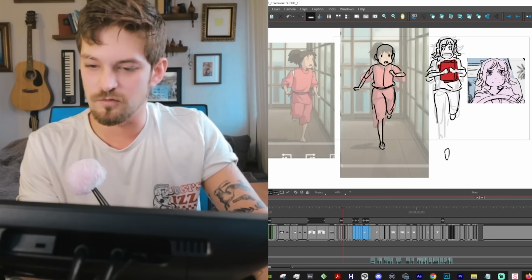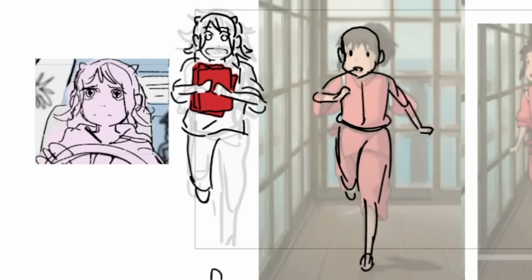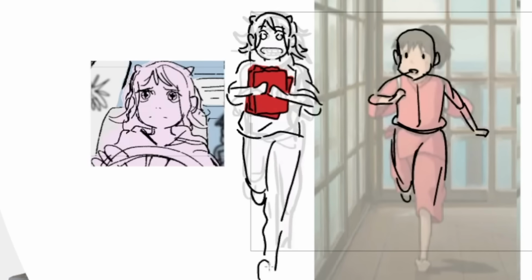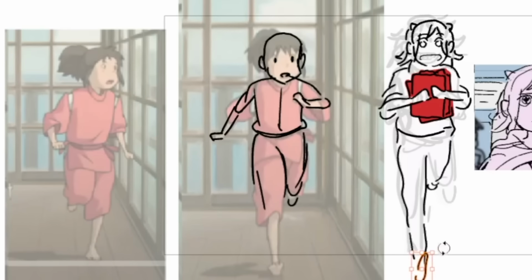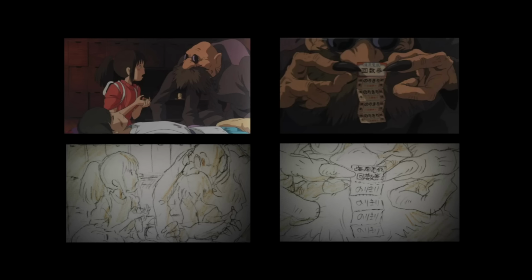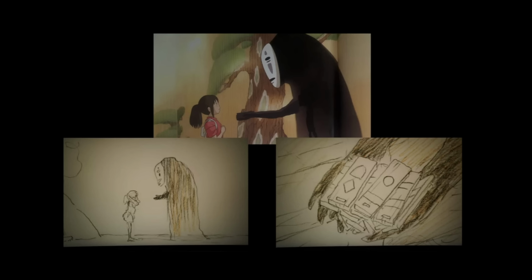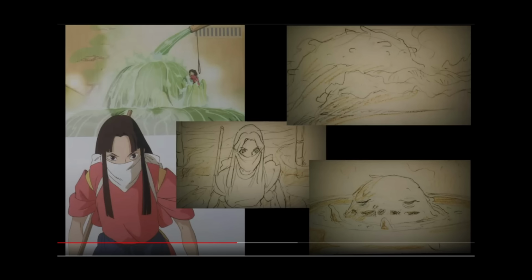And the reason I'm doing this, right, is I want to understand the personality of my character before I get way deep into the story. I want to get something done to figure out how they act, how they move. That way, if I'm writing another scene later, then I can think back like, well, how would they actually act in this? I've spent so much time with this character animating them and drawing them that I'm starting to understand how they move, right? Miyazaki did a lot of that in his script writing. I don't think he actually wrote many scripts. He just drew the characters and it came out in the art,